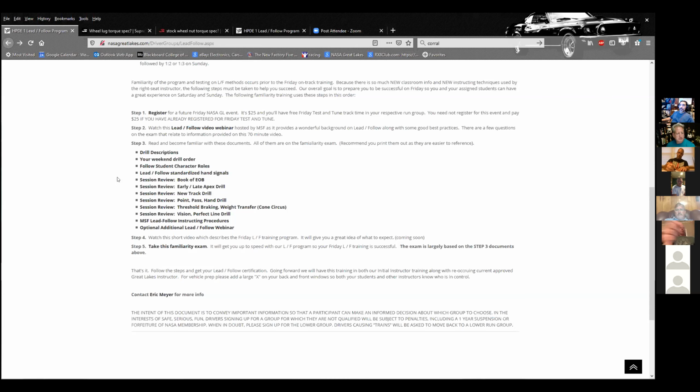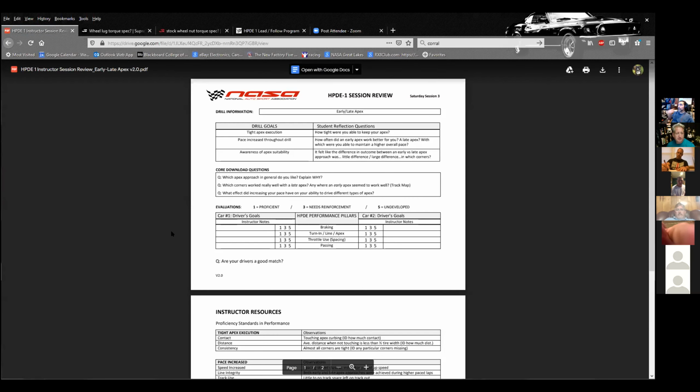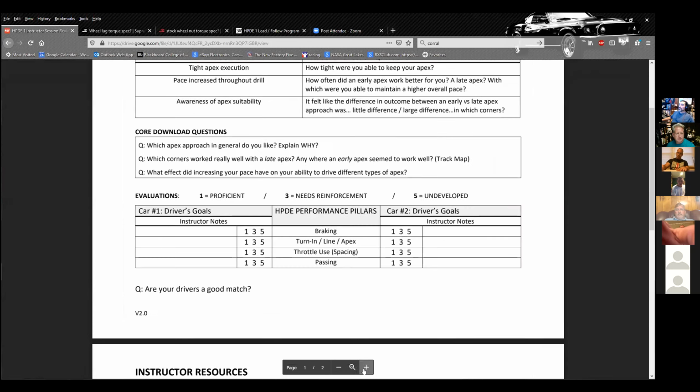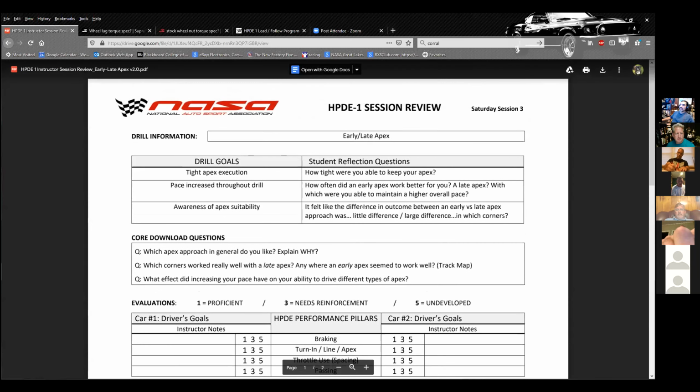Okay, so let's take a look then at a session review. I like this particular one, early late Apex. That's a good one. So this is probably small on some of your screens. Let's see if we can increase this. So what you'll see, for this session you'll get one sheet, 2-sided, right? On the first side of the sheet,